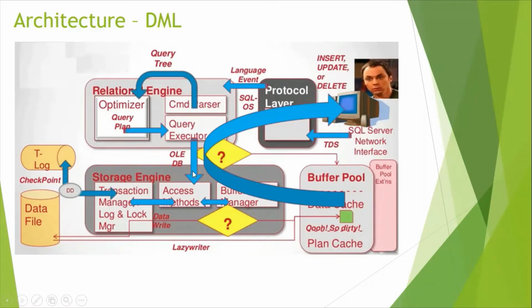Then it connects to the storage engine through the OLEDB provider, right? OLEDB is a communication channel, or communicator, between the relational engine and the storage engine that we discussed until the access method. This is the same for select or update or any DML operations, right? It connects to the access method,